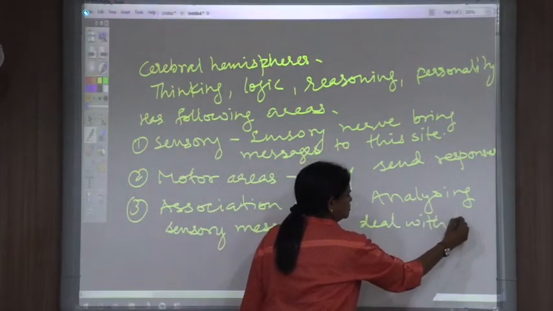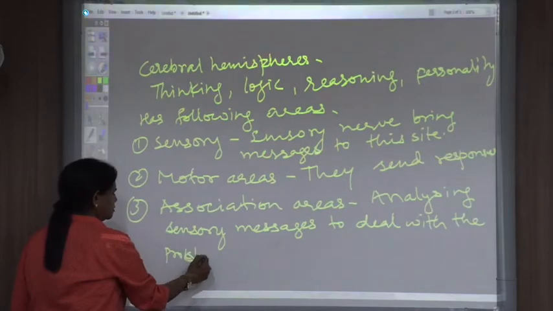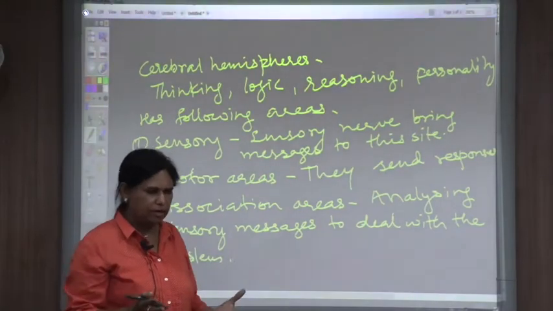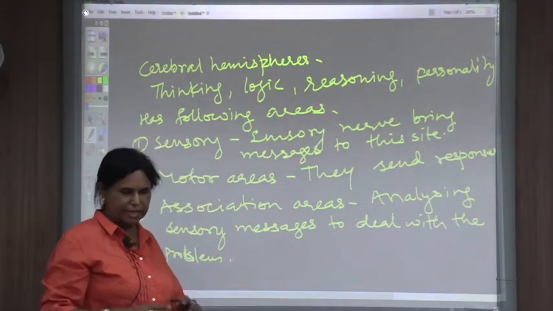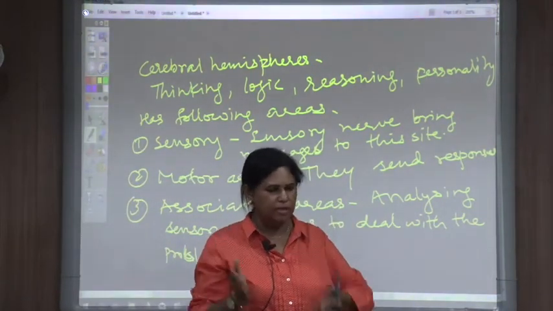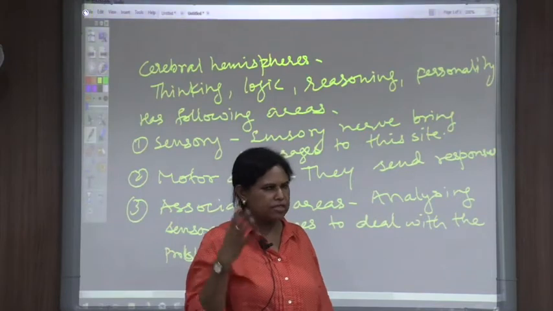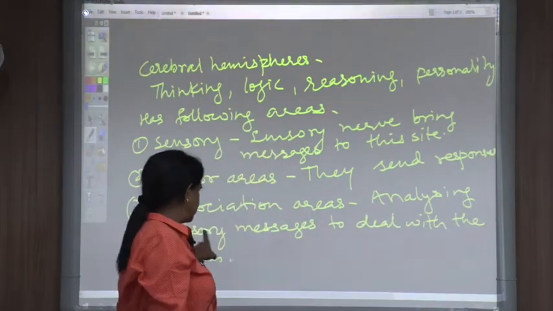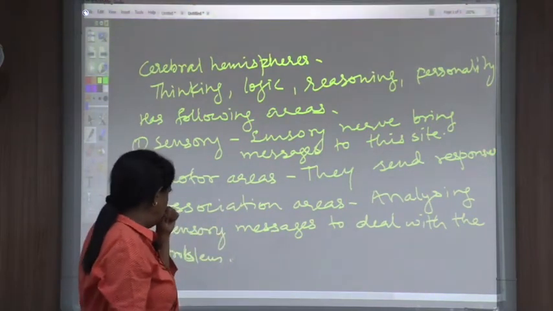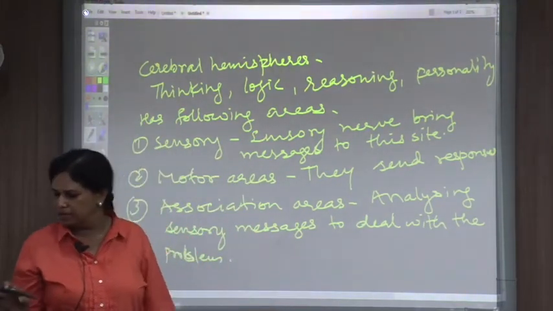Now whatever is to be analyzed in the body, in the brain, that will be all done by the association areas. तो आपकी मेमोरी में क्या है, आपने पहले क्या देखा है, सोचा है, वो सब चीज़ें they are again brought back into your cortex and everything will be together analyzed, associated and analyzed. आपने पहले कुछ suppose you had some smell या कोई taste आपने कभी पहले feel किया है, तो sense किया है, तो वो सब चीज़ें आपके memory में होंगी, उसको retrieve किया जाता है और फिर उसको analyze किया जाता है. That is the basic function of your association area.